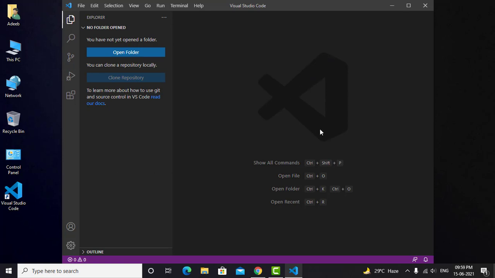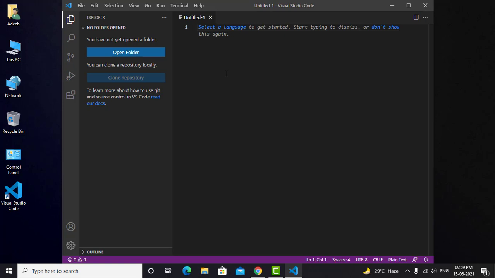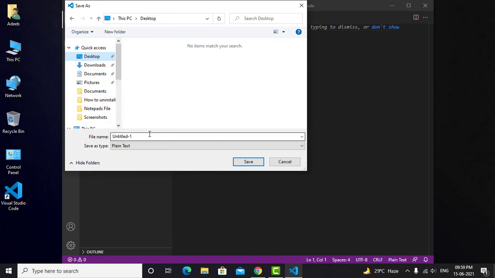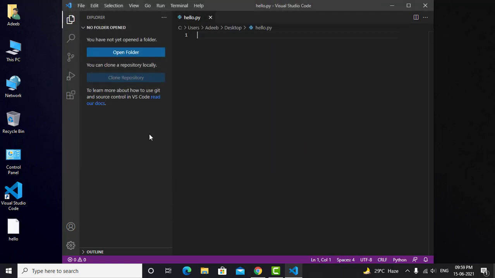Now if you use it for any language like Python, C++, C, or any web development, JavaScript, HTML, CSS, just create a new file with Control N, or just save it on the desktop, right? Save it as a hello file.